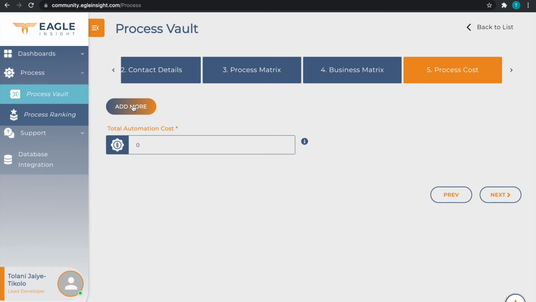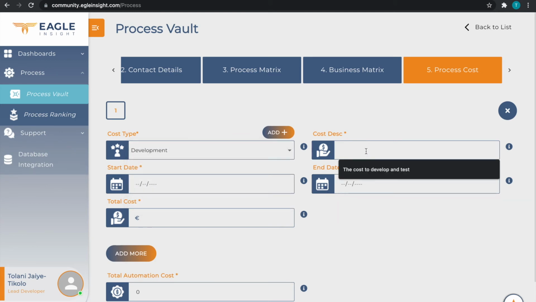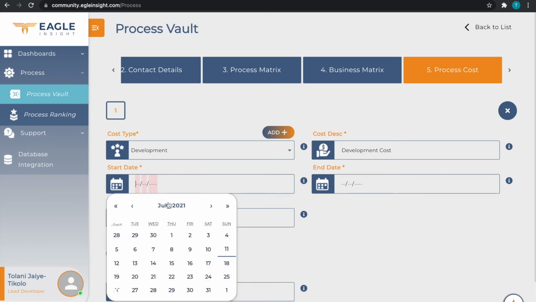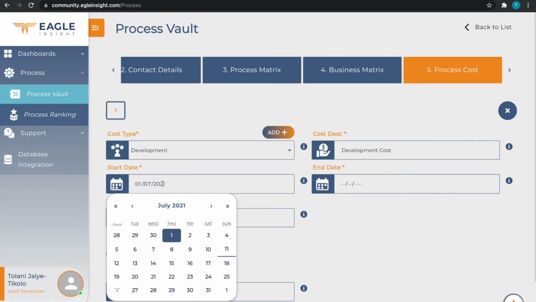So I'm just gonna add more because I know I can get more details here. So the cost type, I'd select development. The cost description, I'd say development cost. So the start date for me, let's say I put in the first. Let's say I'm a project manager. So let's say I can put in